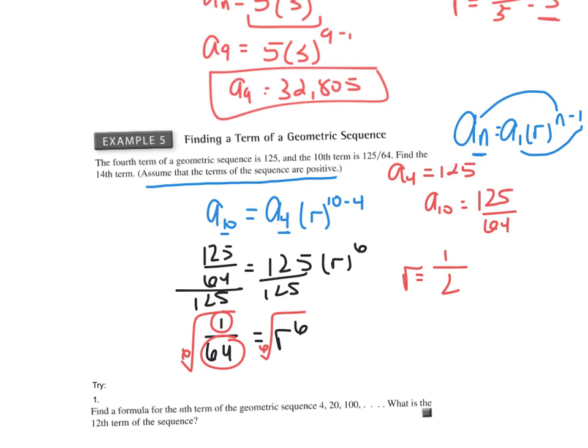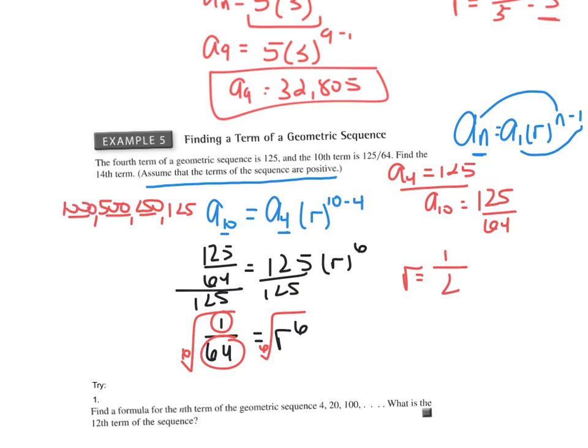We're not quite done. I would actually write the nth term first, so you can still use your 4th term if you want to, or now that you know the ratio, you can go backwards and find your 1st term if you want to. So normally we'd be multiplying by 1/2, but instead, to go backwards, you can multiply by 2. So say you wanted to find the 1st term. You know your 4th is 125. Ratio is 1 over 2, which means we'd multiply by 1/2 to get to the 5th term. Or you could multiply by 2 to get your previous term